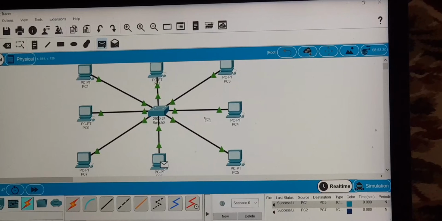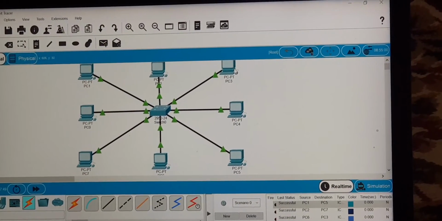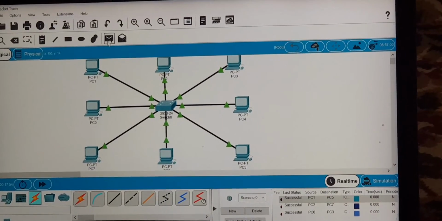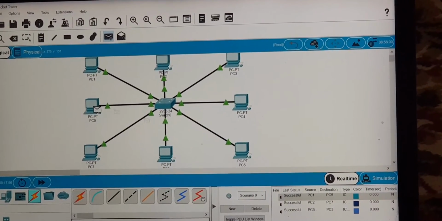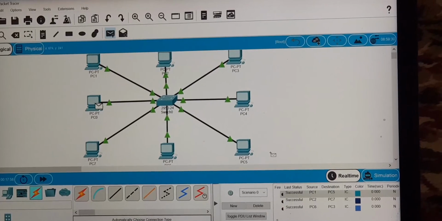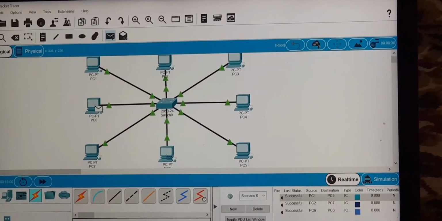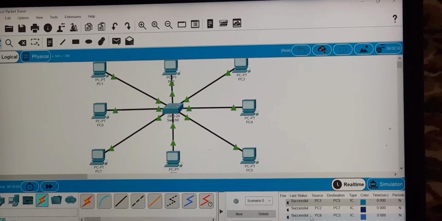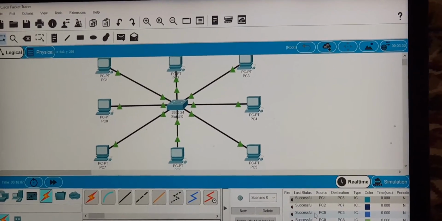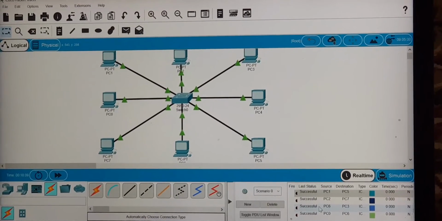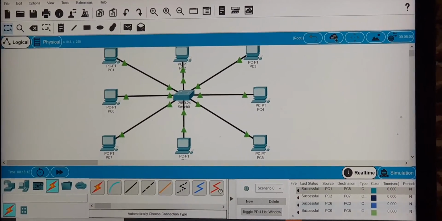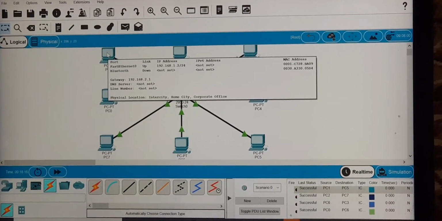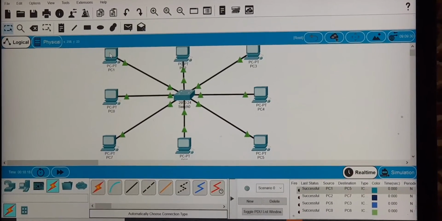From PC6 to PC3. Yes, it's successful. Let's try from PC0 to, say, PC6. That's also successful. That means this network is up and running. I'll just show you one more trick to send packets. Okay, this is PC1, and the IPv4 address is